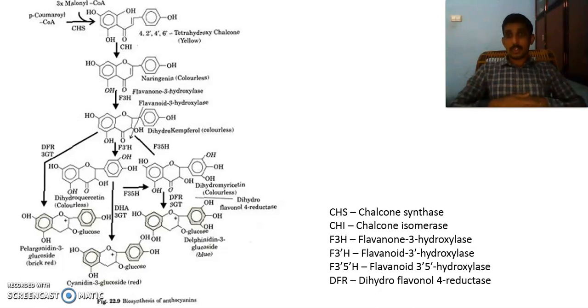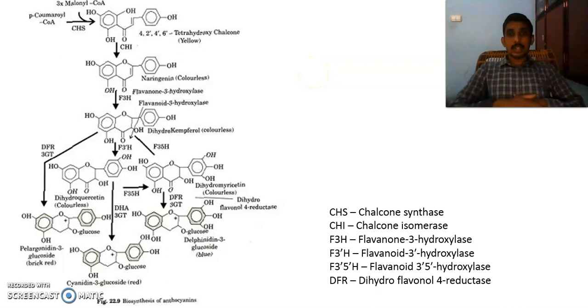So if we can regulate the enzymes of this biosynthetic pathway by genetic engineering, we will be able to create a lot of transgenic plants having desired flower color, that help to increase the flower economy of our nation and of the whole world. So here we are going to regulate the biosynthetic enzymes through genetic engineering. Thereby, we can create transgenic plants with a desirable flower color.